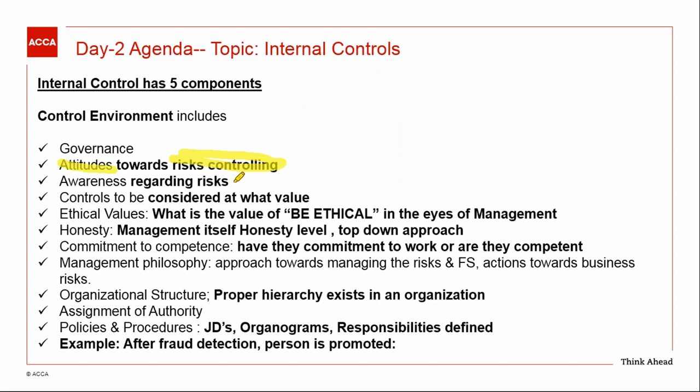So, if the management has the awareness, if management knows the pros and cons of risk assessment, then the organization has a strong internal control. If management does not know anything about the risk, then what will they do, because they don't know anything about the risk? If anyone doesn't know about anything, then how can he or she do something about the benefits of the organization?